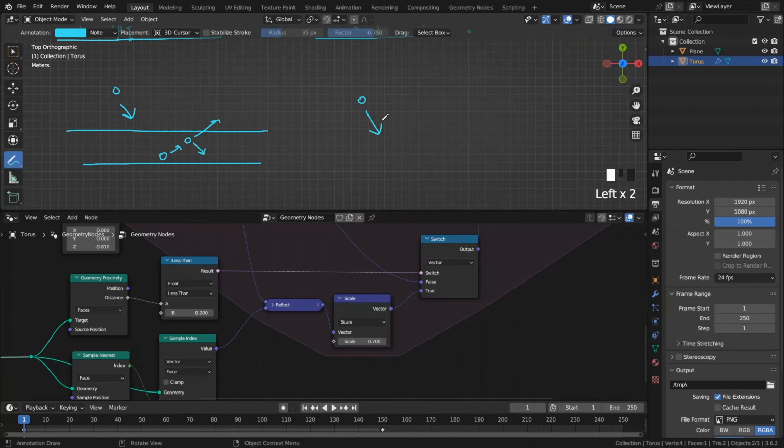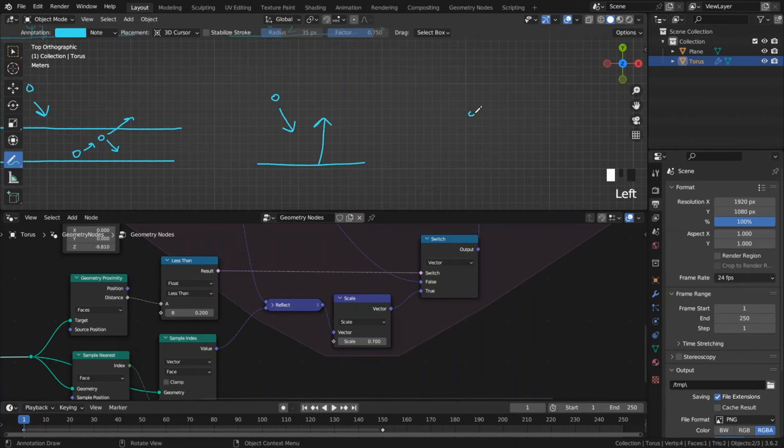So I can say the velocity vector of the point and the normal vector of the surface should be in the opposite directions of each other. If this is my point and this is the normal vector of the surface, the velocity vector is allowed to be in this range of directions, except being exactly perpendicular. So the angle between these two vectors begins from 90 degrees, but not including 90 degrees itself,